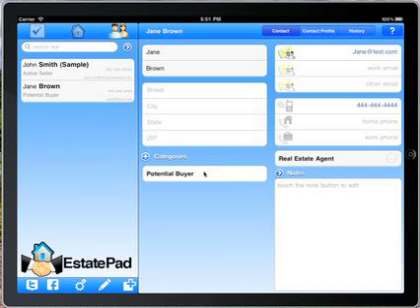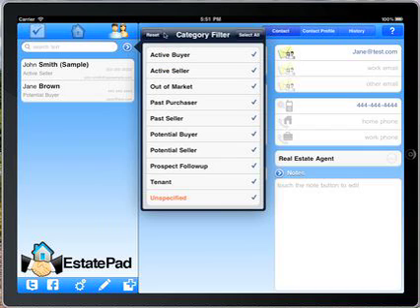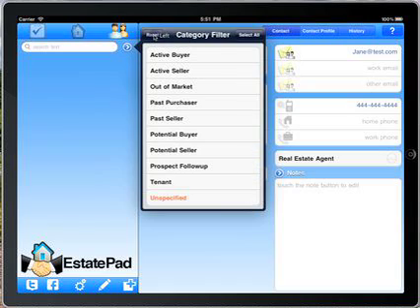Now if, for example, we've got more than just 2 here, so we had a couple thousand contacts, EstatePad can easily handle that. When you want to get all your active sellers, for example, you can go in here, and this is a category filter, so reset those and we can go active seller. That brings up John Smith, and then if we wanted to go active buyer,